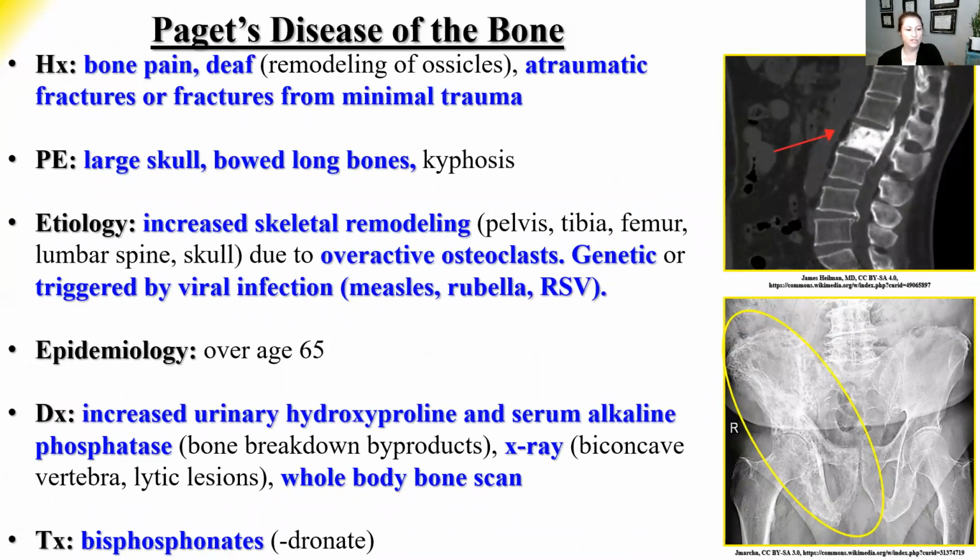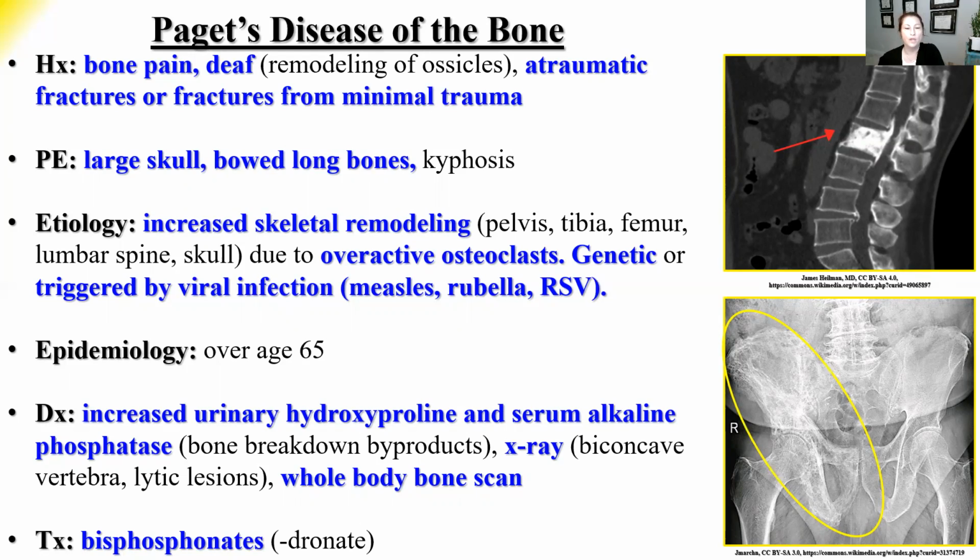Paget's disease of the bone, this is very rare. We typically see this in people over the age of 65. In Paget's disease of the bone, you get this overactivity of the osteoclast. So you get this massive skeletal remodeling. Typically, the pelvis, the tibia, the femur, the lumbar spine, and the skull are the most common places that we see this. This can either be genetic or it can be triggered by a viral infection, things like measles, rubella,